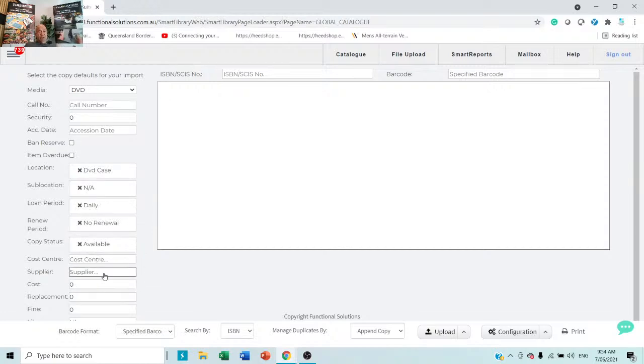Okay, but you can put in the supplier. It's called digital supplies, and the cost is $25. The replacement is $35, and then all you do is you just zap in the ISBN number. Okay, let me just get rid of that space in front. Okay, and let me just highlight that, copy that again. Okay, so you will zap in the ISBN number, you'll go to the barcode, and in the barcode field, okay,